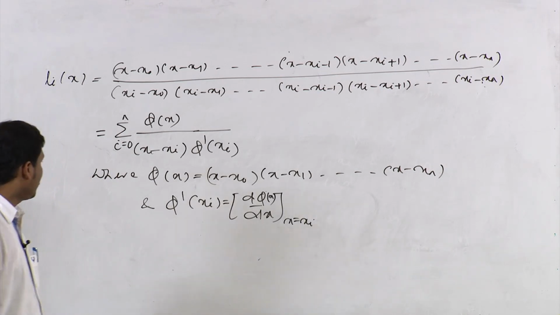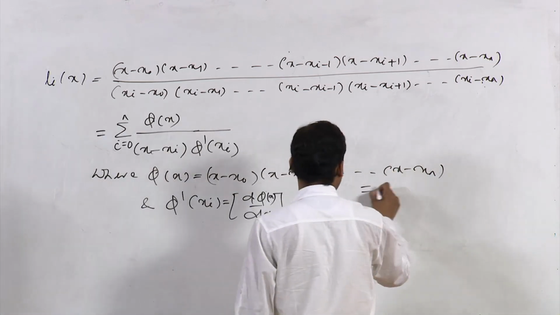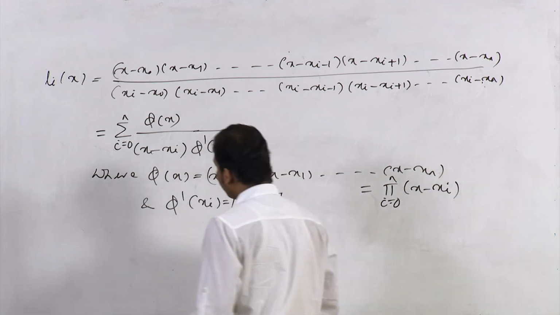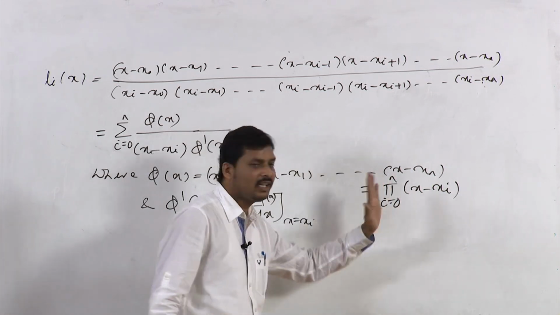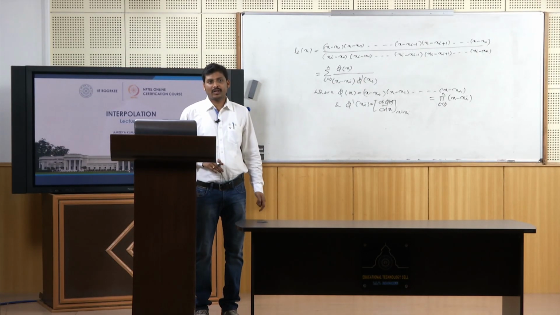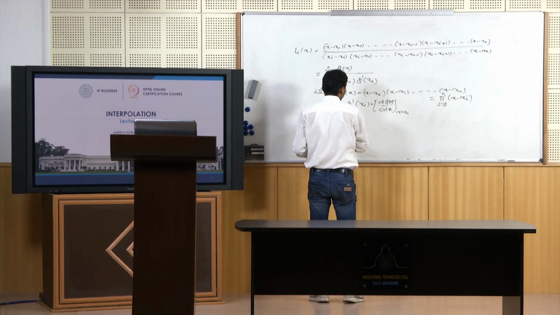So, in both these forms it can be expressed since phi of x can also be represented in the form of the product of i equals 0 to n of (x minus xi), and some people are also using this one as the derivative, the product of i equals 0 to n of (x minus xi). So, if you express this Li(x) in different forms here by considering n plus 1 points that represents a polynomial of degree n, then if we take the differentiation of this ui dash, whatever we have just expressed for this Hermite interpolating polynomial, we can write